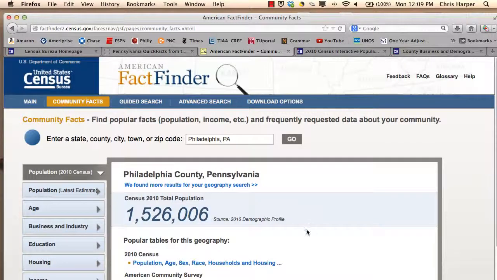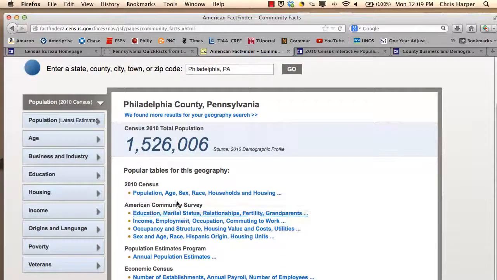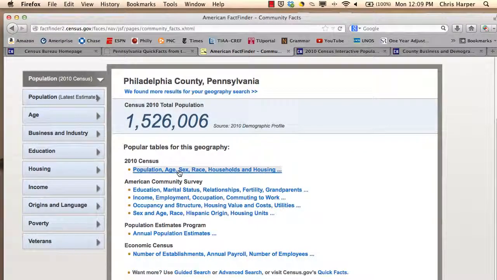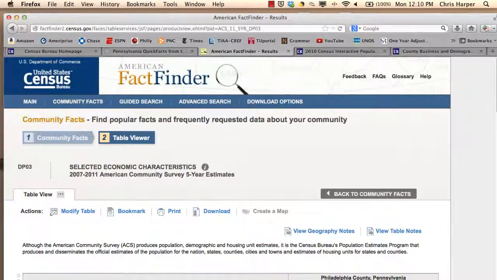And it will come up again with the total population, a variety of useful information with respect to population, age, sex, race, households, housing, and also the community survey, which will provide me with employment, occupation,